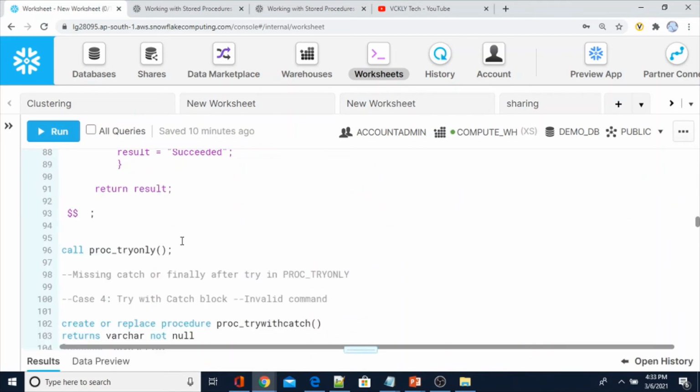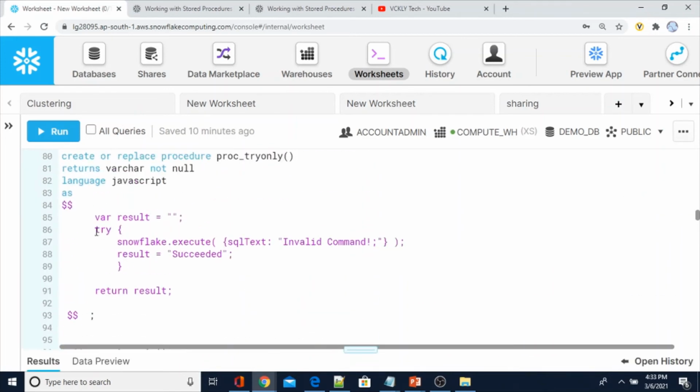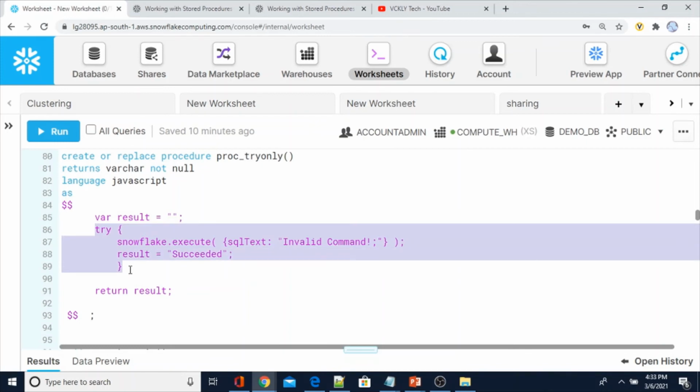That means you cannot create a procedure with only a try block. So this is the one point. Please note that if you want to create a procedure with try, you have to specify either catch or finally. If you specify the catch, then we can catch the exception or error details. If you don't specify the catch, we cannot capture those error details if any exception occurred in the